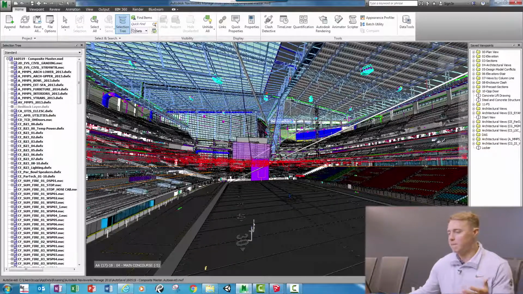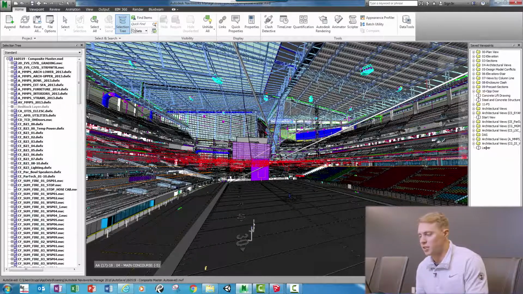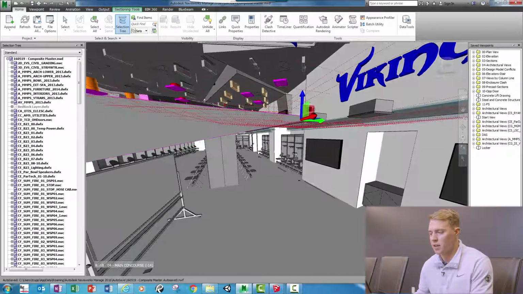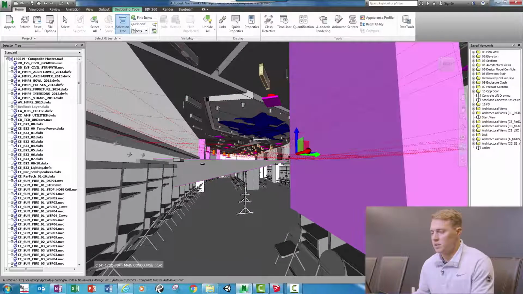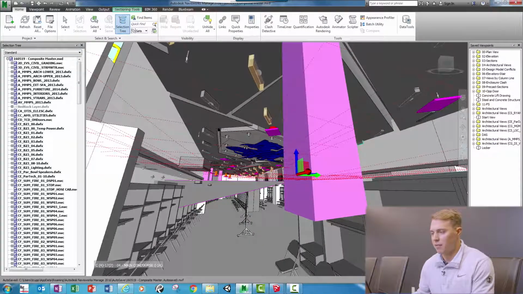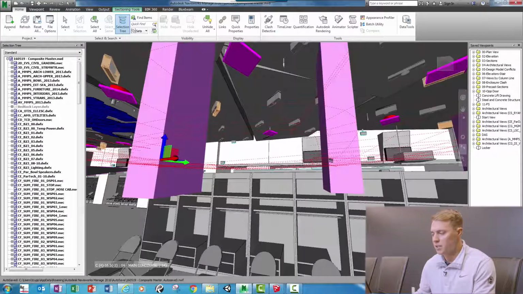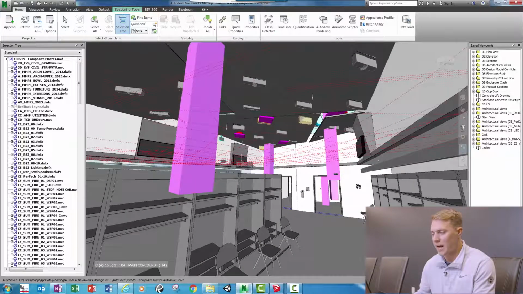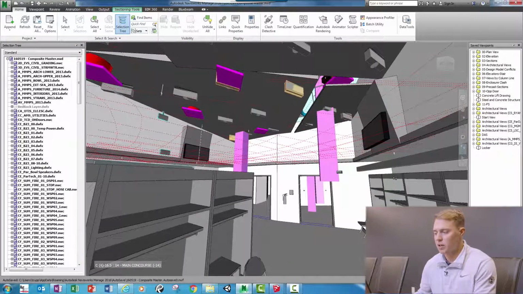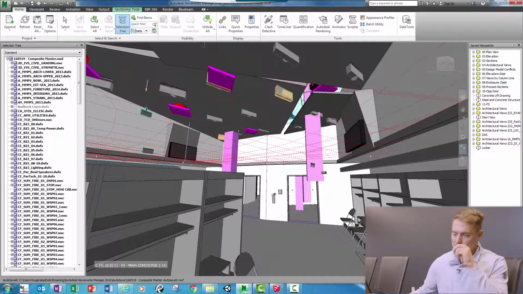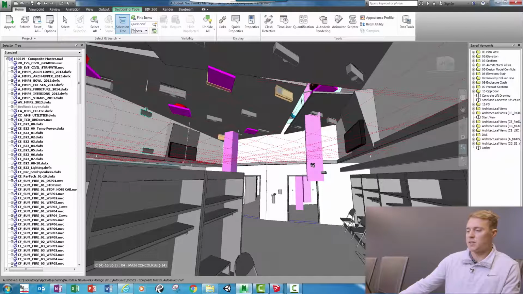So you can obviously see if I jump over to the locker room, this is what the locker room looks like within Navisworks. So there's ductwork flying everywhere. There's no materials. It's pretty flat. You can't really get a good sense for the space. So what I did was,